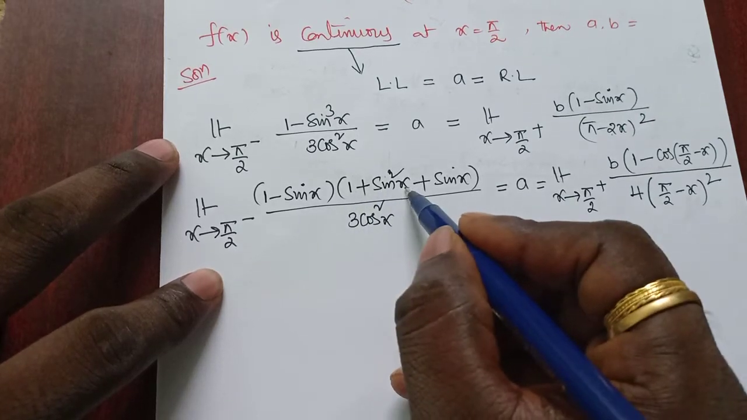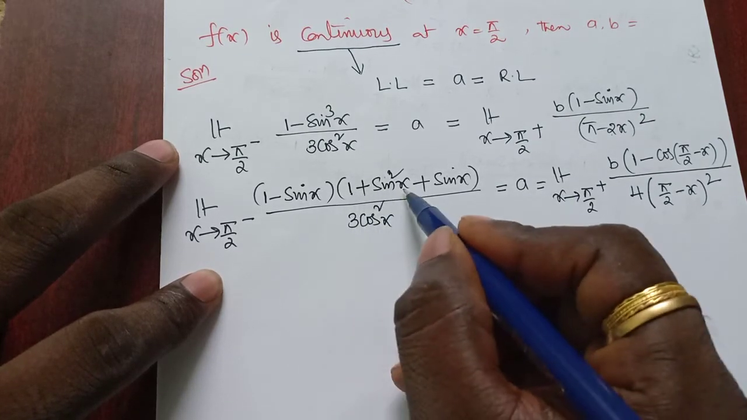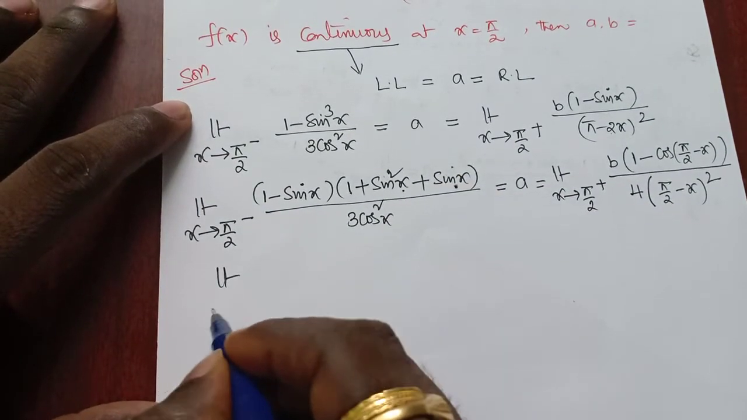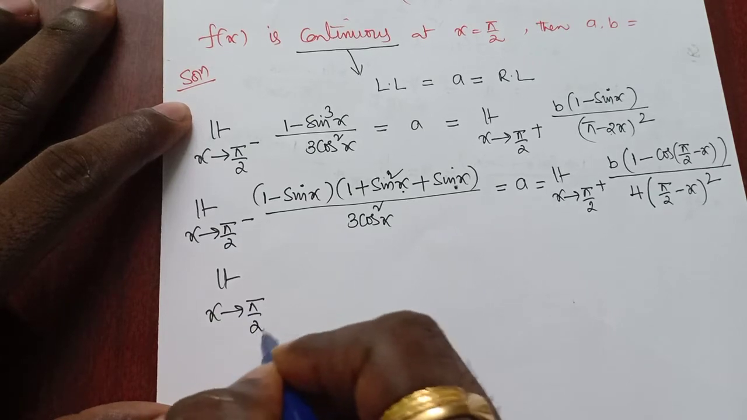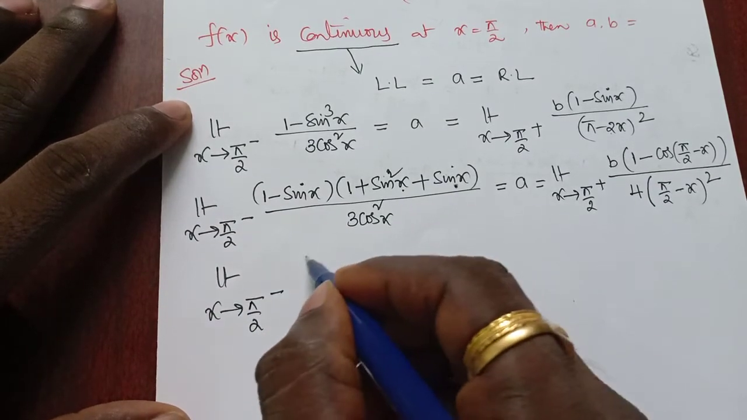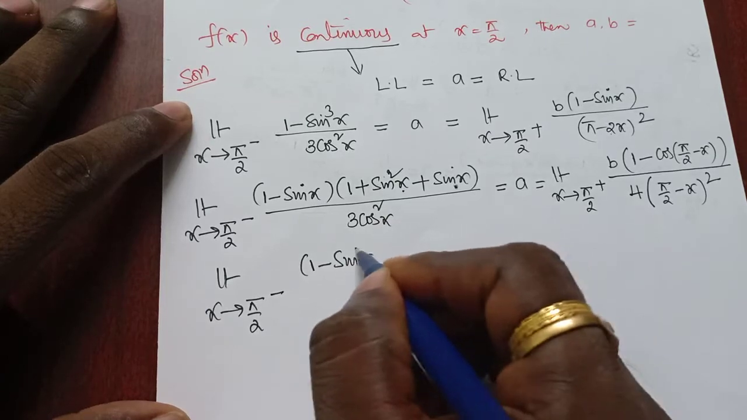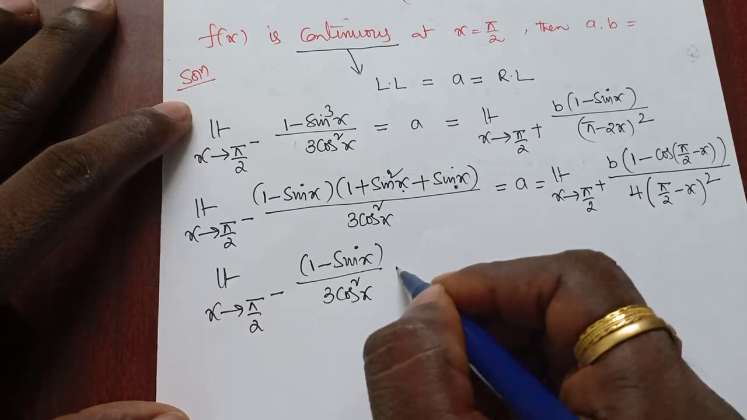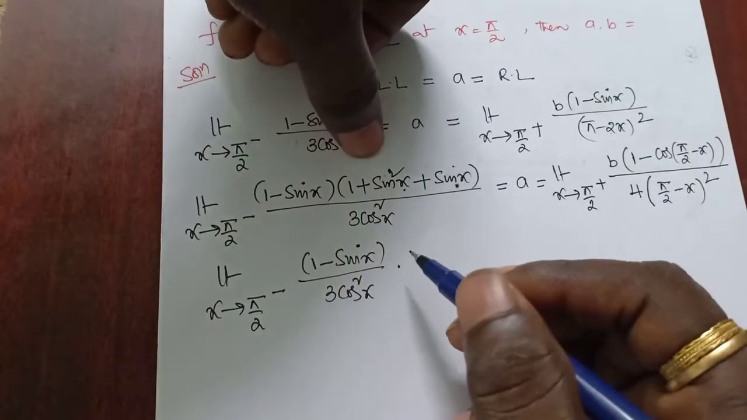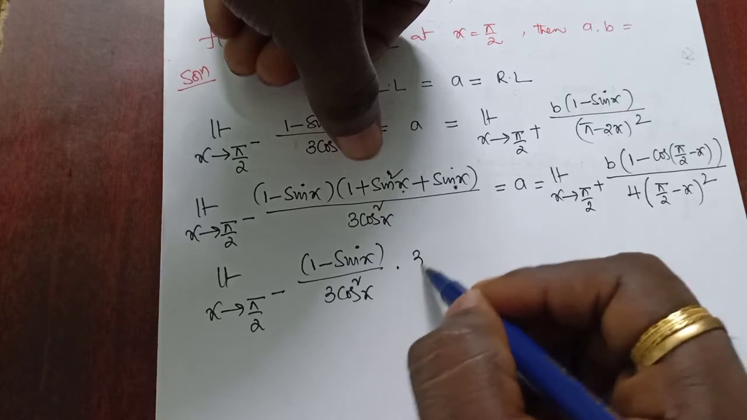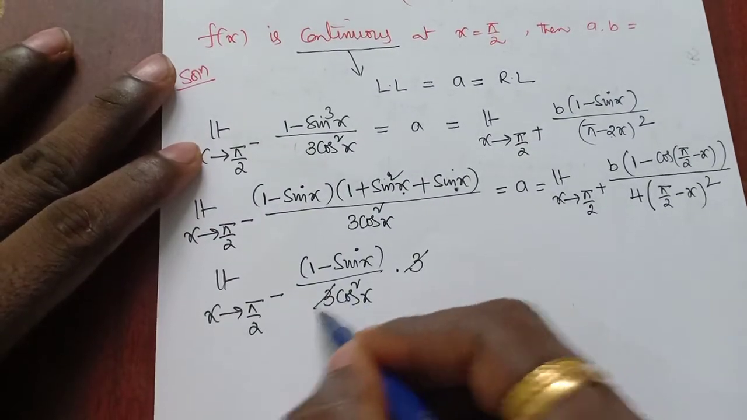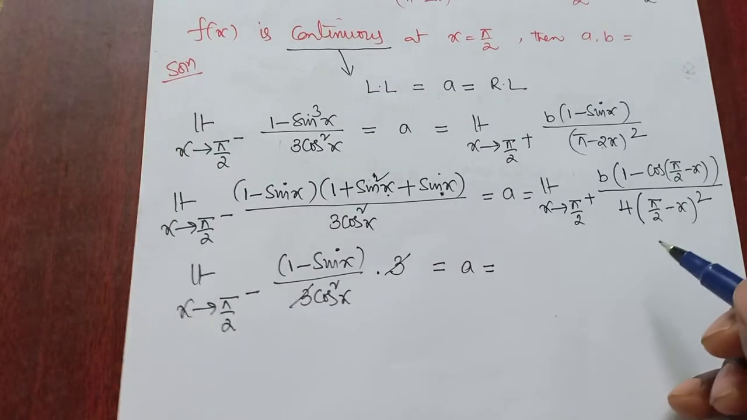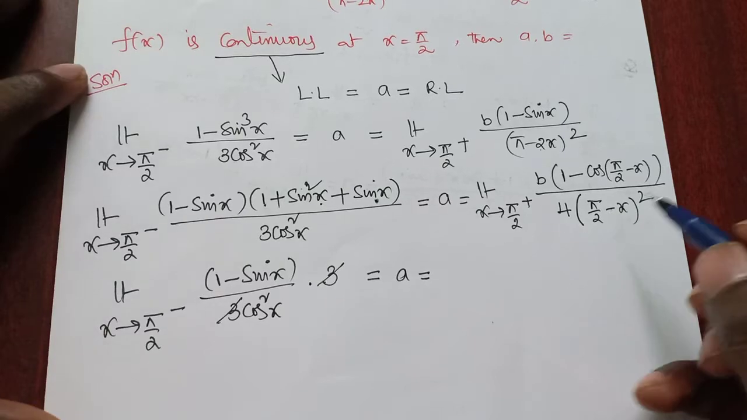What do we get? Sin pi by 2 is 1, that's why 1 plus 1 plus 1, now it is 3. So limit x tends to pi by 2 minus, what will we get? (1 minus sin x) divided by 3 cos square x into, you substitute pi by 2 here, 1 plus 1 plus 1, that is 3. Now the 3 gets cancelled, that equals a, which is equal to,